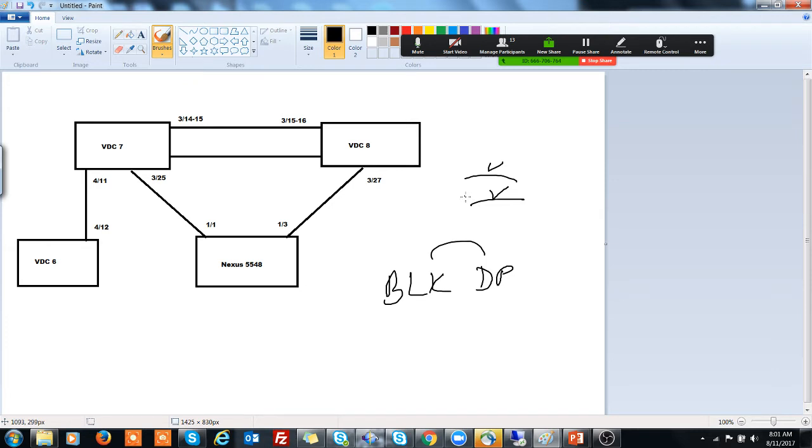In these situations, the switch is going to check whether we are really in a loop. They send a frame, and if this frame comes back to that very switch, they confirm that yes, there's a loop if I put this port from blocking to DP port mode. So it's the extra provisioning, or extra security feature, that we apply before making that port go from blocking to DP port mode.